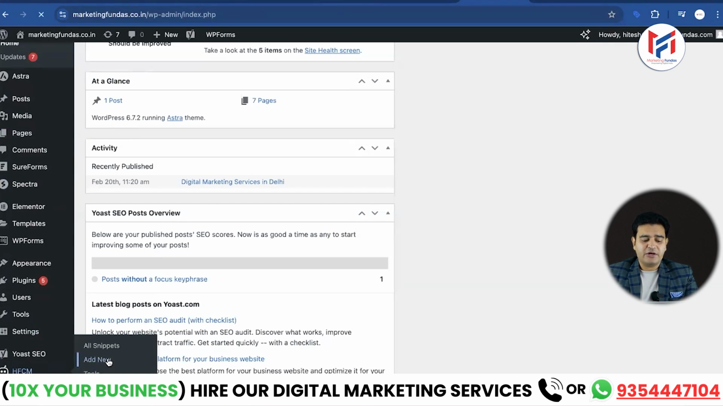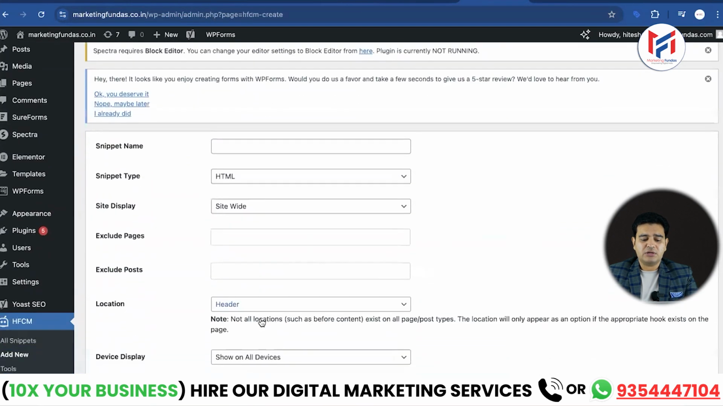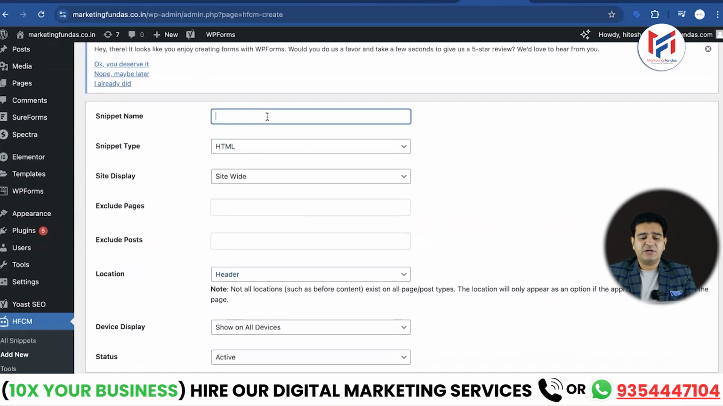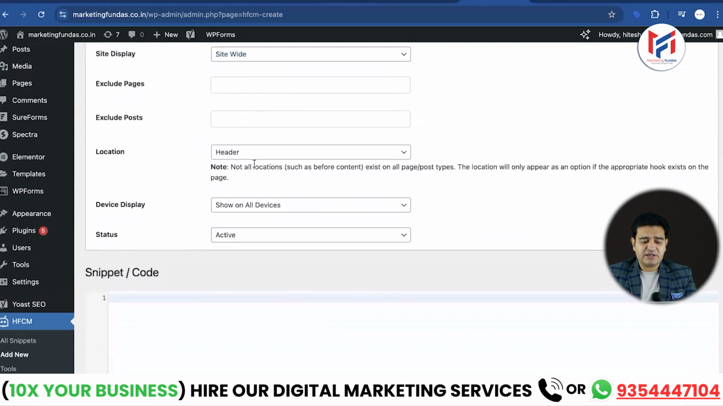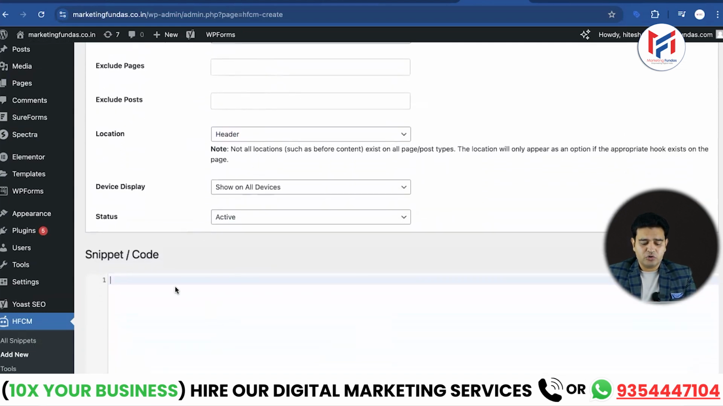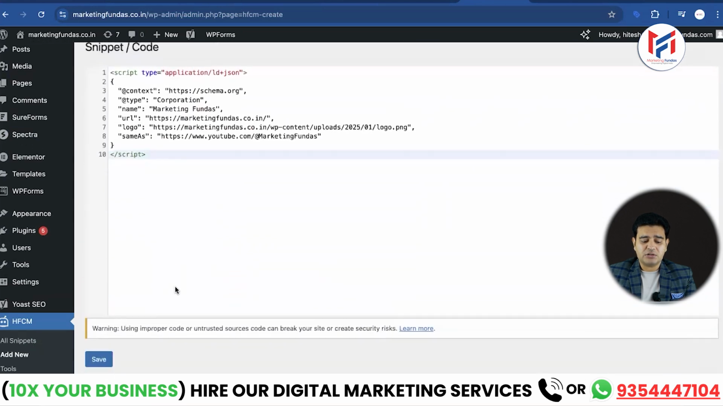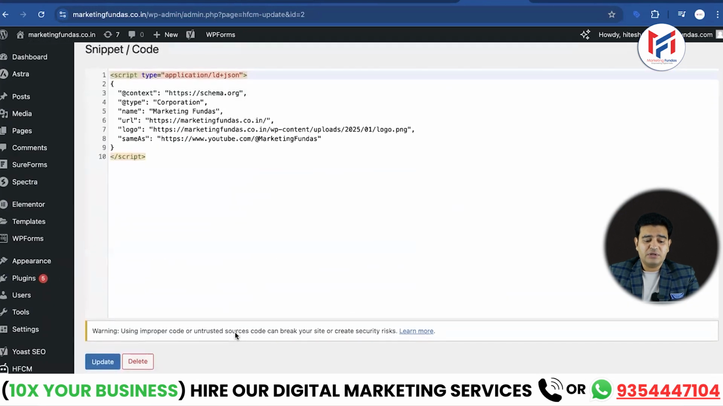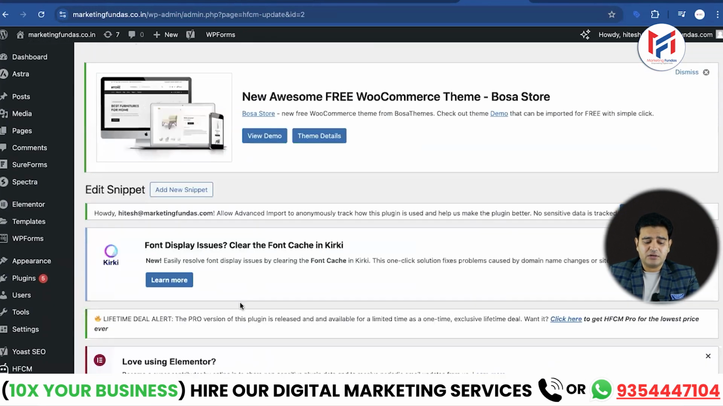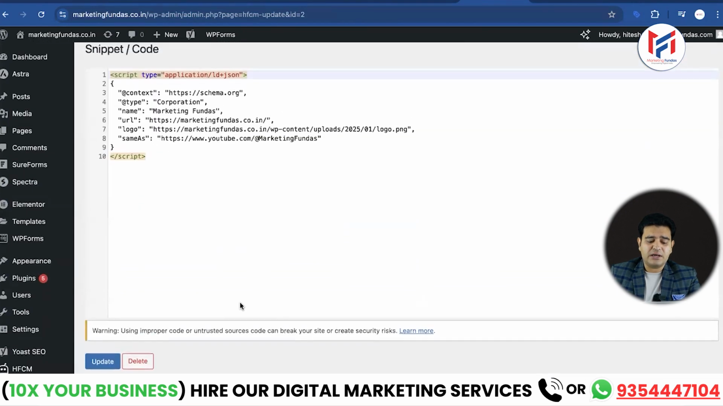Now when I click here, I will click on add new. As I click on add new, I'll come down. Then we'll give the snippet name, and here we'll write organization schema. Okay. And here in the site display, we have to choose site wide. So we will do that. And here I will paste the code that I have copied. All right. Okay. So here I have saved it, and now it is updating. Okay. So after saving it,